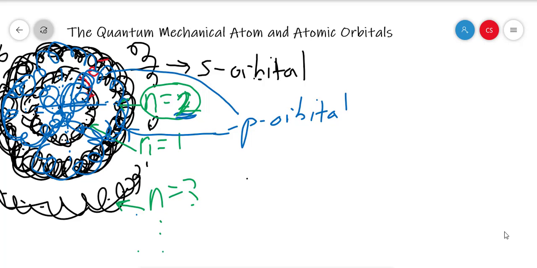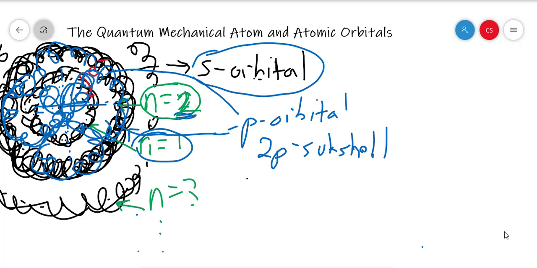and so you can refer to them sometimes as the 2p orbitals, or 2p. Sometimes you use the word subshell. Now n equals 1, if we go back to there, doesn't have any p orbitals. It's just the way quantum mechanics works. The lowest level only has one shape of orbital, and that's the s. And when you go up a little bit higher, you get another s, but you also get a p orbital as well. And then when you go higher still, when you're at n equals 3, there's going to be s